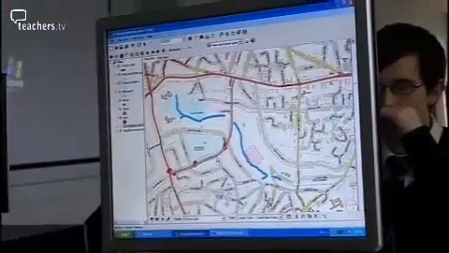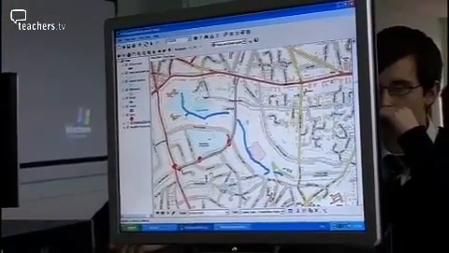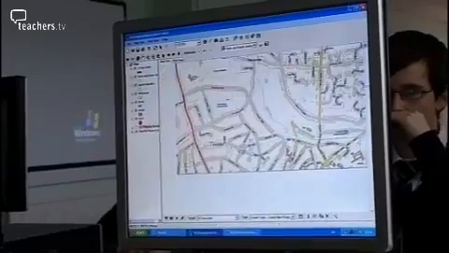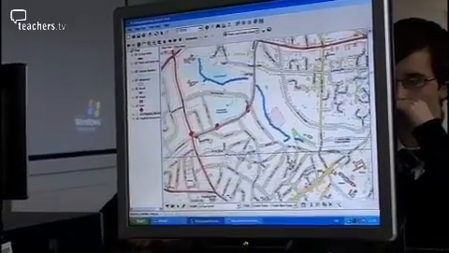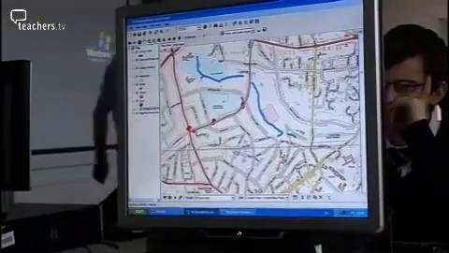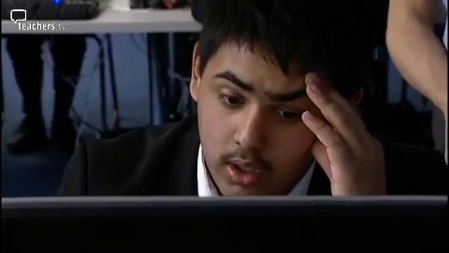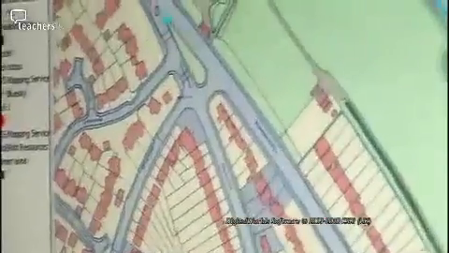We've only started working with this year, but I thought it'd be quite difficult to use, but it's not at all. And yeah, I like it because it's visual and you can have it right in front of you. I find it a lot easier, and if you make a mistake, you don't. On a map, you're going to have to stick there. But whereas on